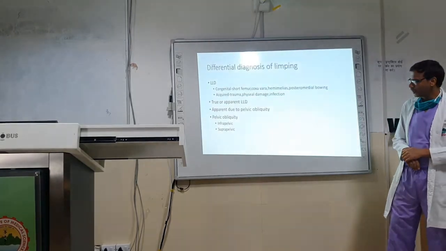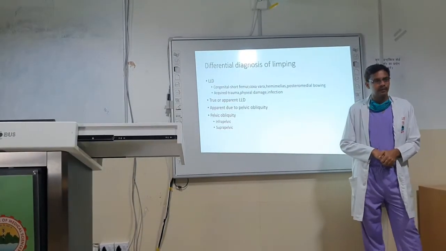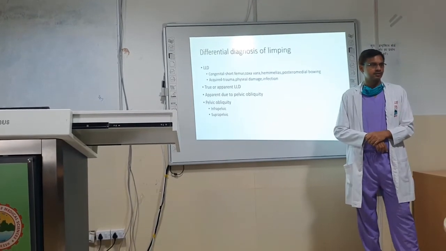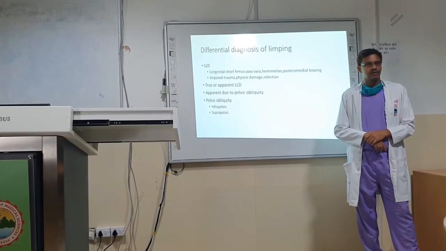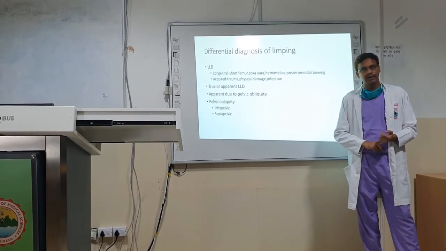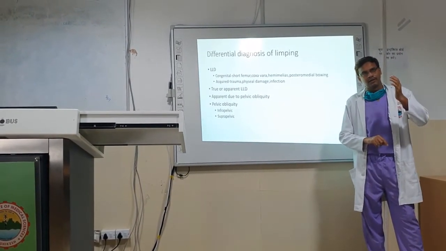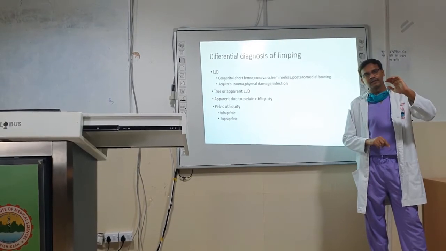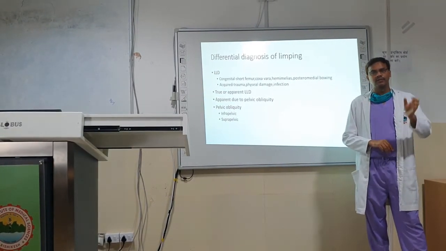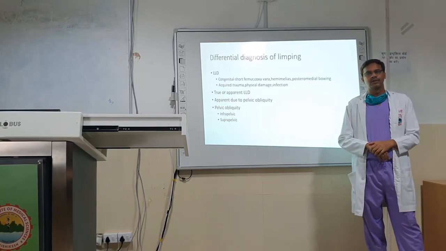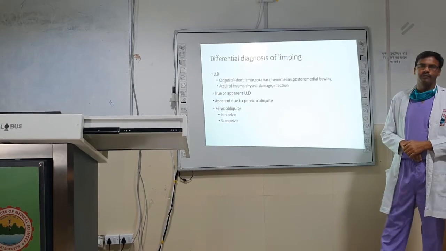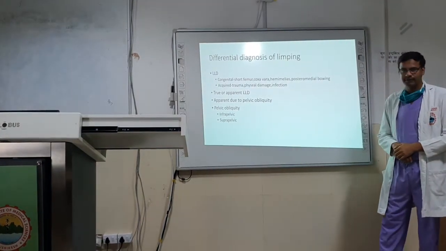Now what are the suprapelvic causes of pelvic obliquity? The pelvis may be oblique in structural scoliosis. Okay, not the compensatory scoliosis, but the structural scoliosis, so that if there is lumbar or thoracic curvature on the convex side, there will be apparent lengthening. Okay, so it is an important cause of suprapelvic type of pelvic obliquity. Next,